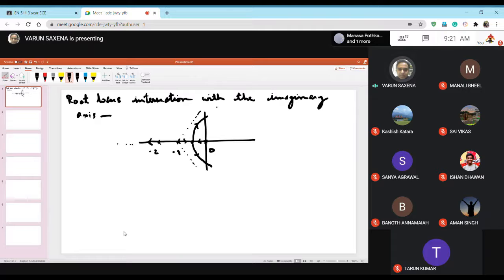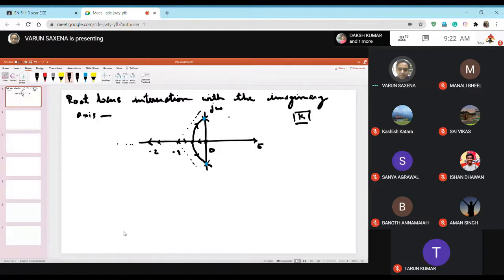So we are interested in trying to figure out what happens when we come to these points, this and this. Obviously they mark the limiting points of stability, because beyond this the root locus will enter into the positive side of the S-plane, and there we know that things are unstable. So we really need to find out what is that value of k that will be sufficient enough to keep the systems in the stable region rather than making it unstable. That is basically what we're trying to look at.